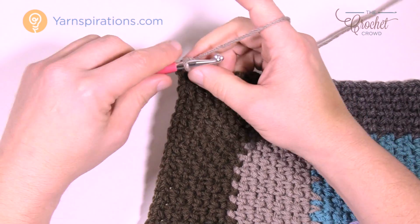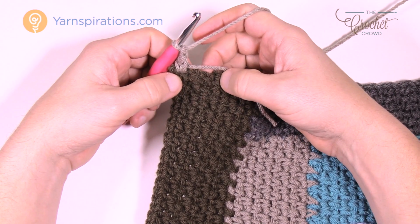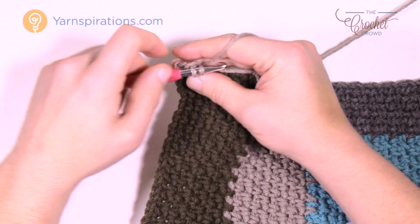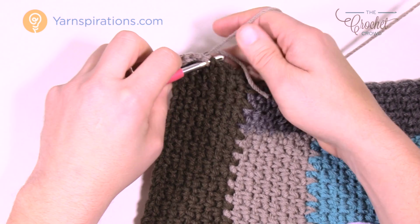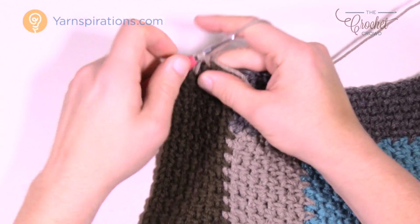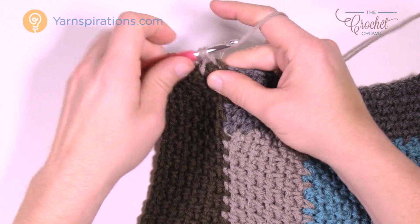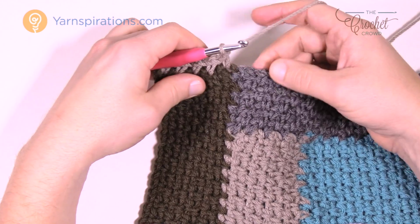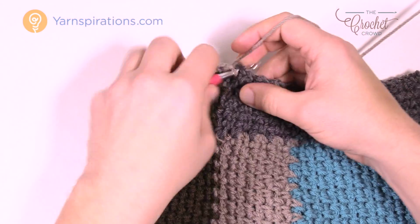So we're going to then chain 1, and then you just look for it and make sure that you skip, and you keep on maintaining the pattern exactly as you see it. So 1, 2, and I'm going to go there and chain 1 and so on. And so I'm burying that edge in, or that straggler, as I go. Okay, so I just keep on going, and I'm pretty confident with this pattern. Once you get on and start doing this, it actually makes a lot of sense. So chain up 1, and now I want to maintain the pattern as is, and I'm just going to continue along